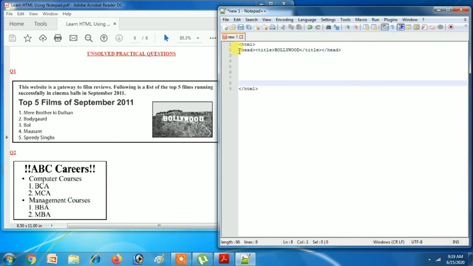Always remember you write this in one single line so that you do not make mistakes in writing tags. After the head tag you have to start the body tag.